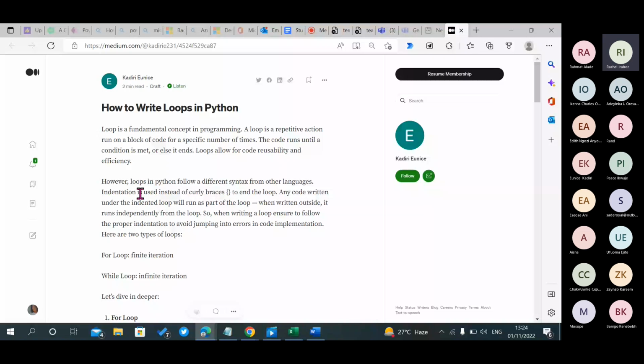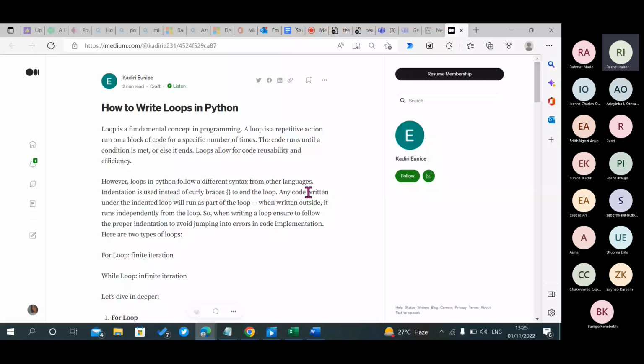It said, however, loops in Python follow a different syntax from other languages. I think there's supposed to be an introduction here to make the reader know the reason why I'm trying to identify what indentation means. Maybe a subheading or something before you go on with this. It said indentation is used instead of curly braces to end the loop.